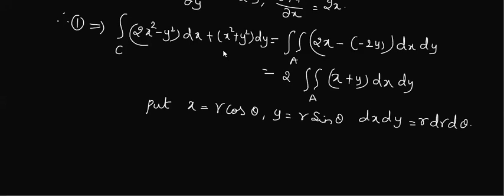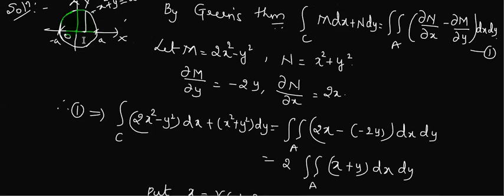Now, as we are converting in terms of r and theta, we'll go back to this region. We'll just see the limits for r. So r is nothing but this distance, isn't it? What is the value of r here at the origin? 0, correct? So it is varying like this. r is varying from 0 till this circle. What is the value of r at this point on the circle, here on the circumference?